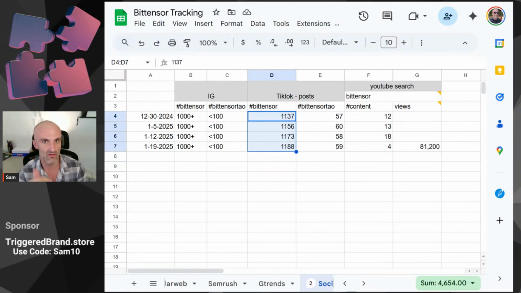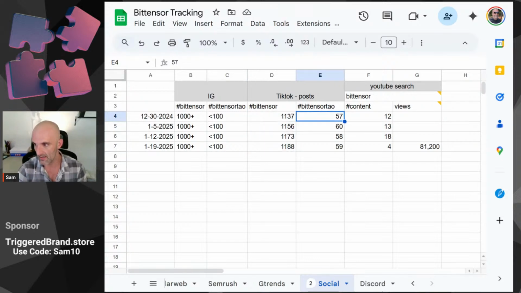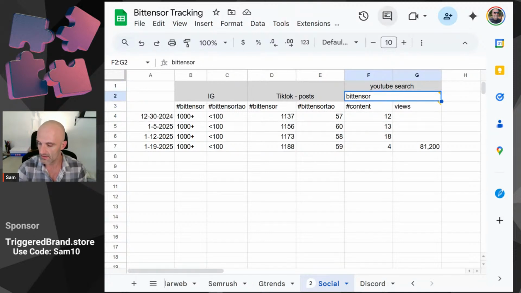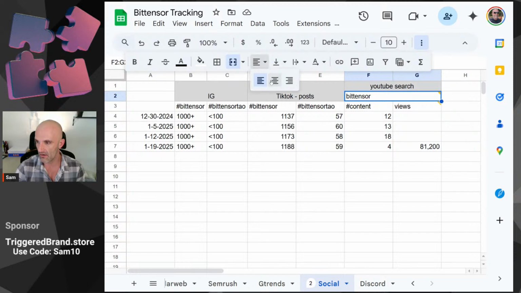So that would imply that they're making content around Bittensor, right? And the same thing with Bittensor Tau. We're just using this again in their information. Now, YouTube. So for YouTube to gain a better understanding of